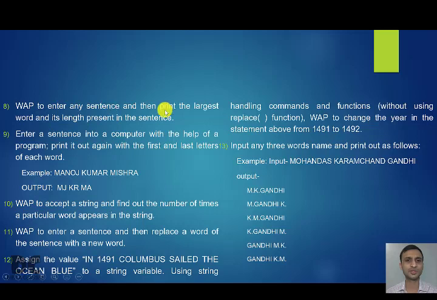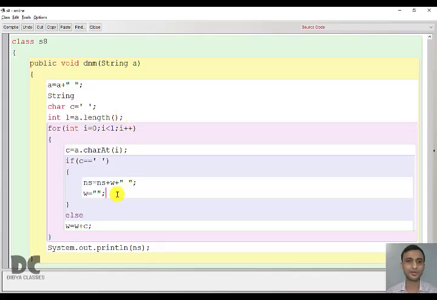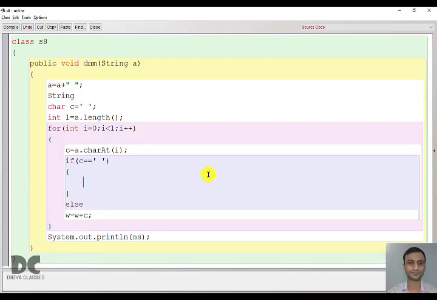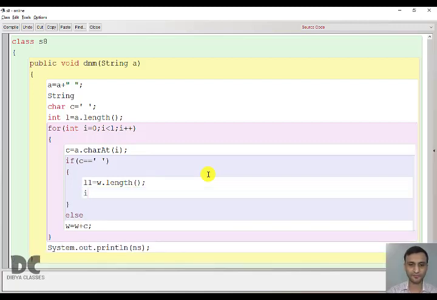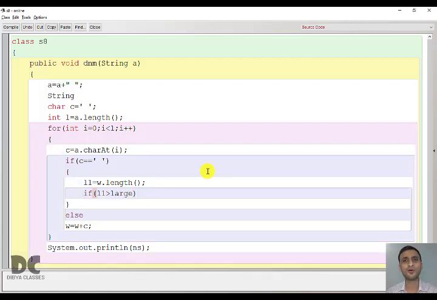In this program, our job is to find the largest word and its length. So here we will first find the length of the extracted word. Let it be in the variable L1, L1 equal to W dot length, where W is the word. If L1 is greater than large, where large is the biggest length we have found till now.